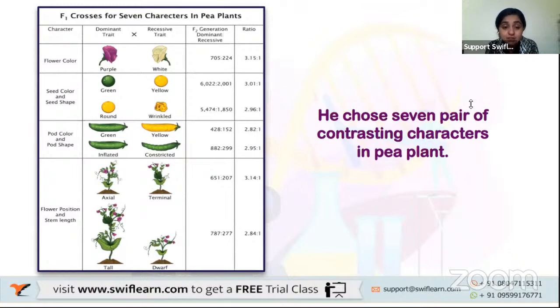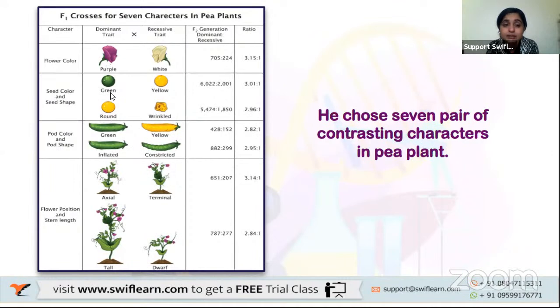He also observed the flower color, that was purple or white, and the plant size, that was tall or dwarf, and the position of the flower, that was axial or terminal, right? The same things you can see right now on the left-hand side of the screen, the entire characteristics and traits. The first one, the flower color, they can be purple in color or white in color. The purple one is more dominant. The dominant ones are right here,